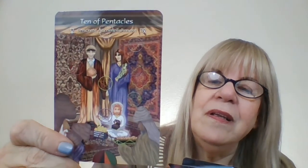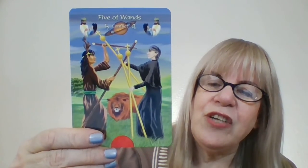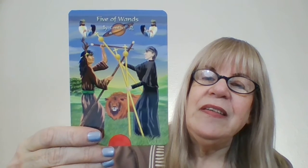Eight of Pentacles. I want to do this. This is getting long, so I won't show you the whole deck. Let me show you some wands. 3 of Wands, 4 of Wands. The 5 of Wands is very interesting. It's a priest and a shaman. Conflict. 6 of Wands,